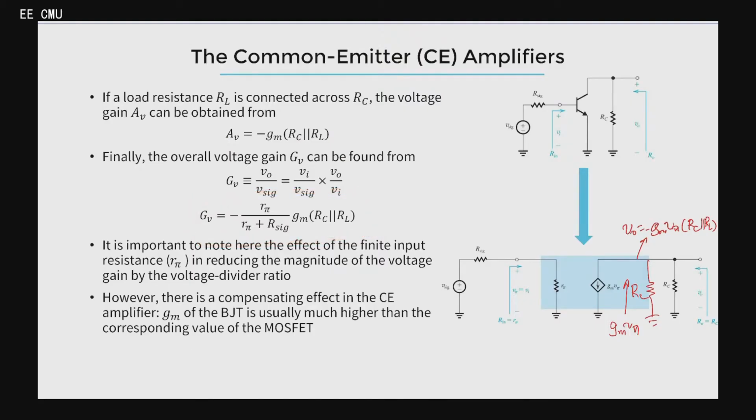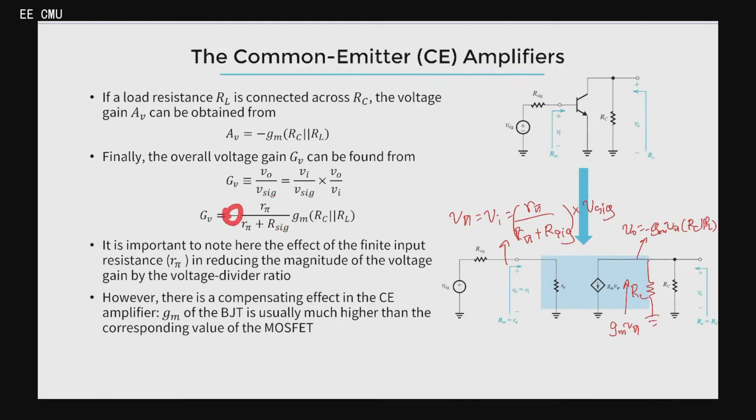I really hope that you are all familiar with this concept by now, right? It is the standard expression involving r pi, which is a critical parameter for this analysis, divided by r pi plus R signal, and then this specific term is equal to Vi divided by V signal. I hope you're not confused. Let me write out the variables. v pi, right? It's equal to what? Vi is equal to r pi divided by r pi plus R signal, all of this multiplied by what? V signal, right? Vi over V signal, moving this over, so it's equal to this value.